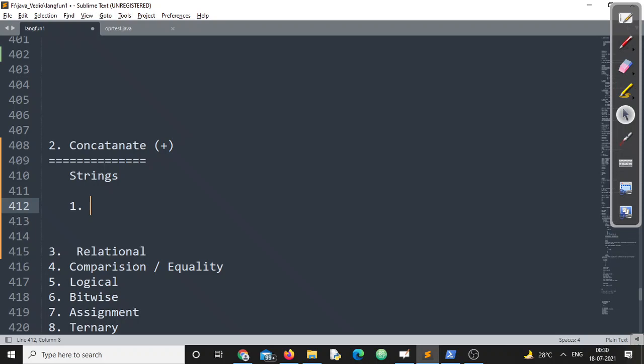If one of the operands is a string, then concatenation will be done. But remember, this concatenation will start from the point where the string literal is present, not before that. Before that, numeric addition will be performed.